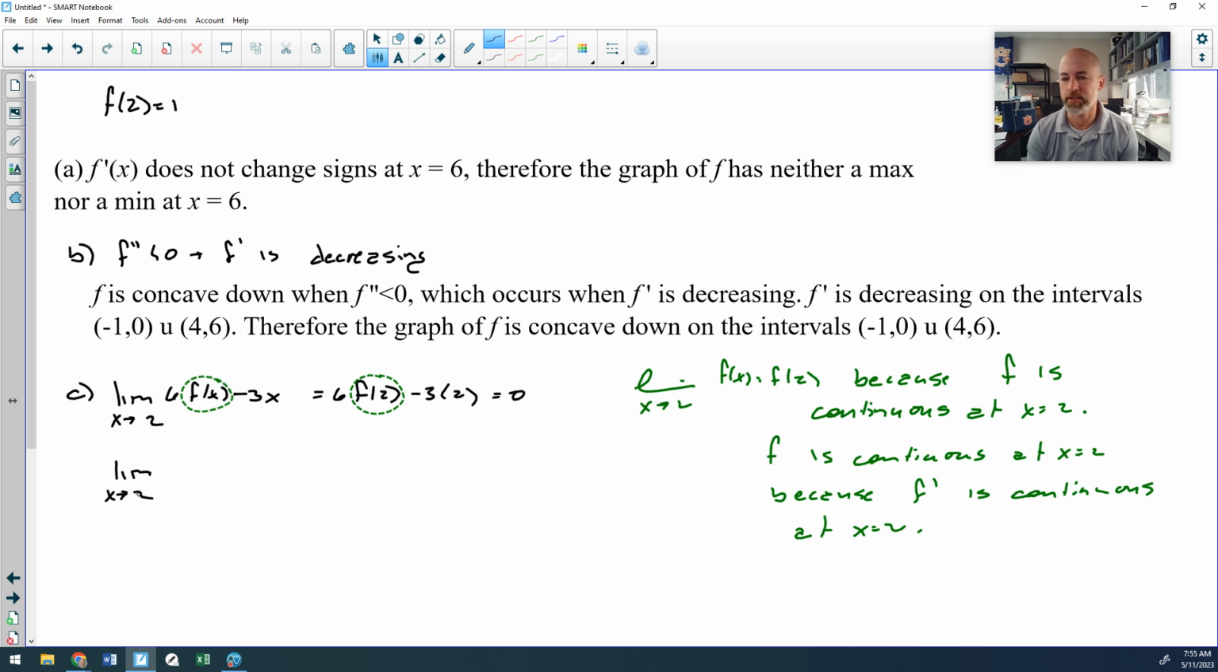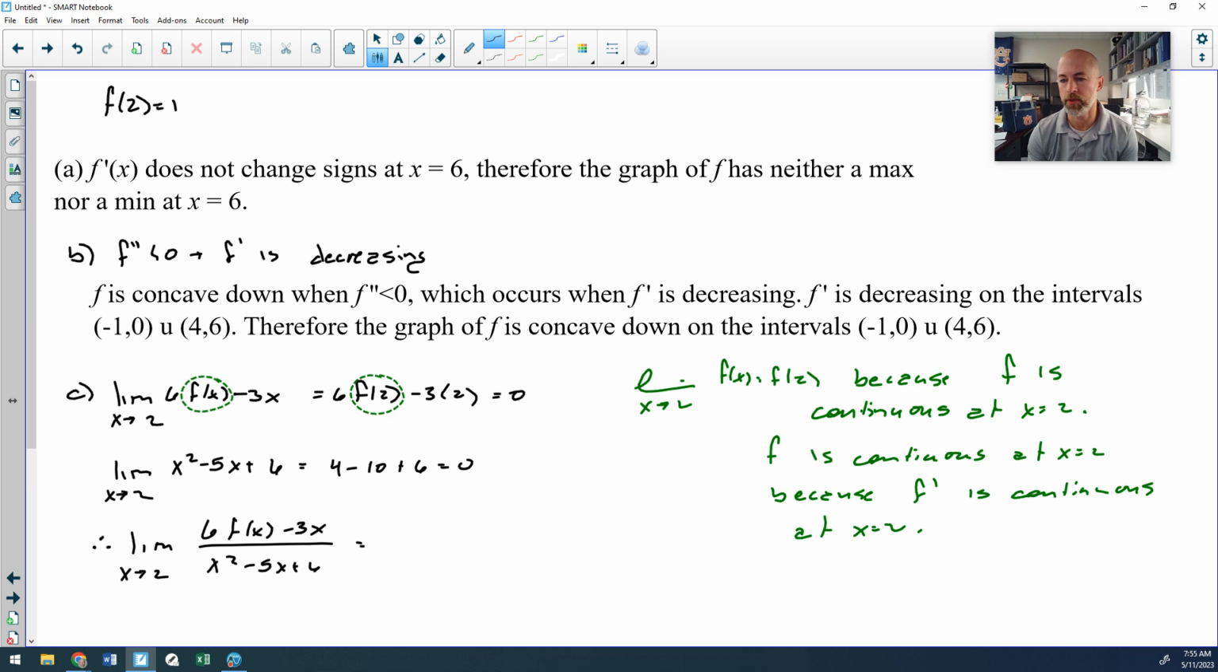All right, so now the denominator: the limit as x approaches 2 of x squared minus 5x plus 6. That is a polynomial that is continuous, so that'll be 4 minus 10 plus 6. That is also equal to 0. Therefore, by L'Hopital's rule, I can say that the limit as x approaches 2 of my original fraction, or I should say my original function,